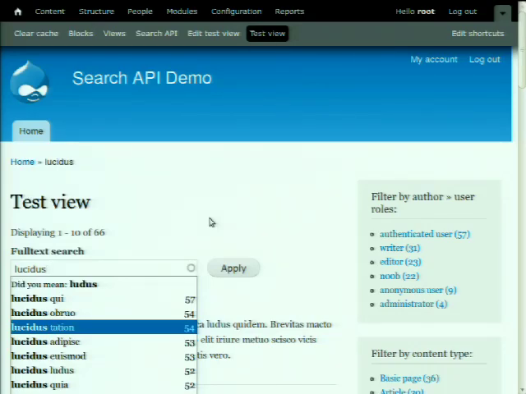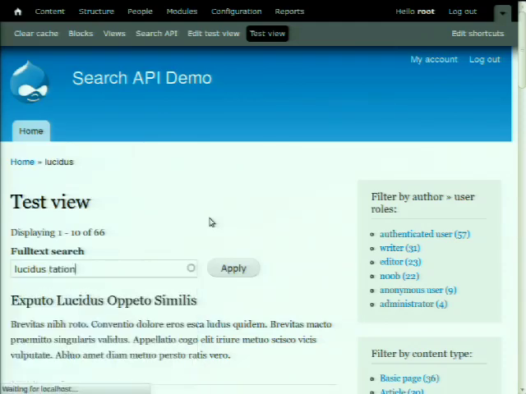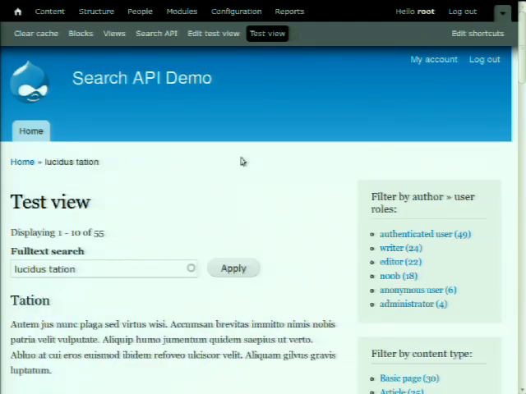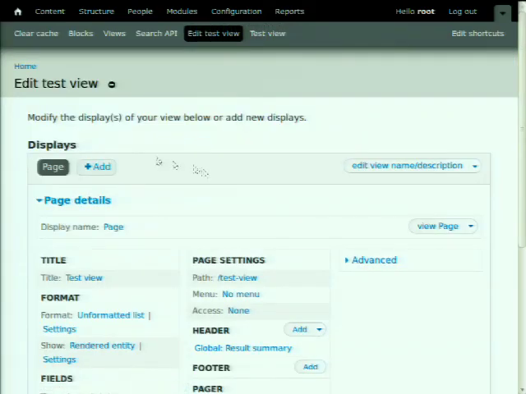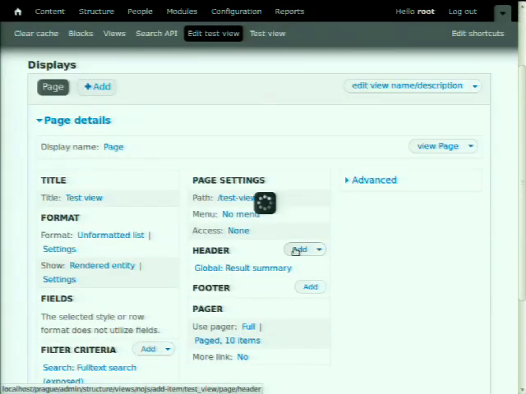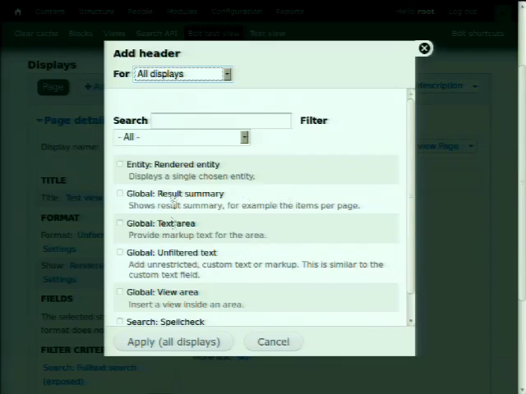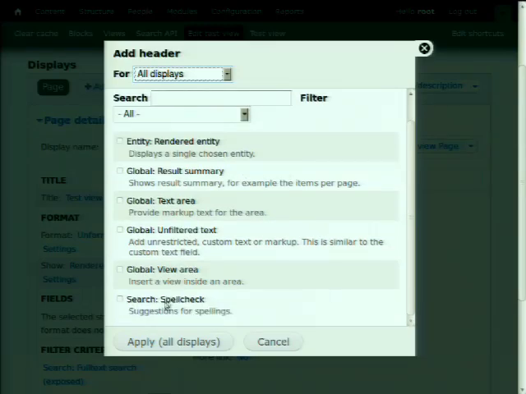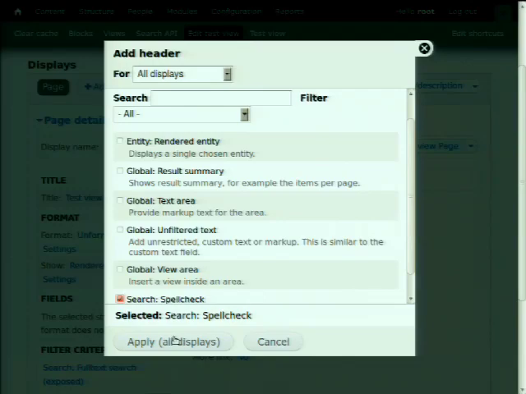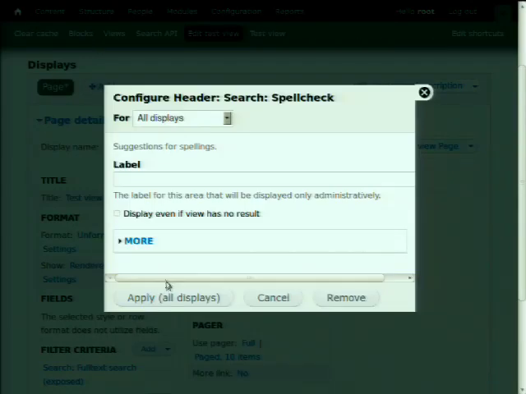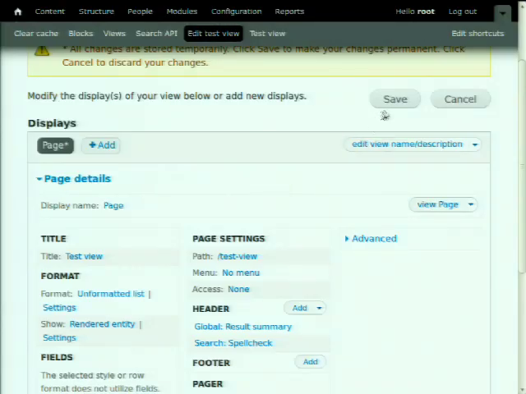You'll also want sometimes. So that would be a different model that doesn't exist yet. But this of course is already a nice functionality for the spell check. There is now a new area plugin for views, so you can have a header with the spell check results. You just add that. It won't show normally, but if you mistype some search term, which of course gets a